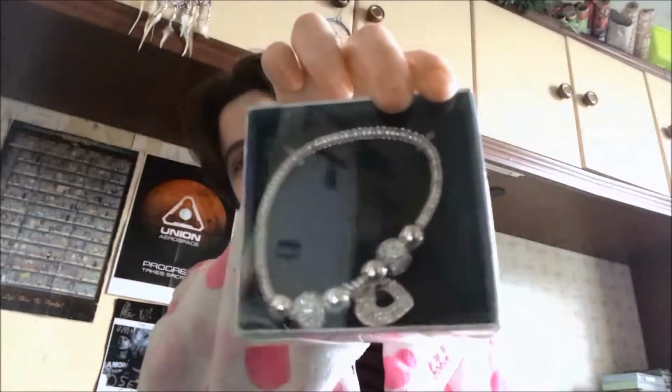Also, I got a bracelet. Well, first, the coasters were from the missus. The socks were from...